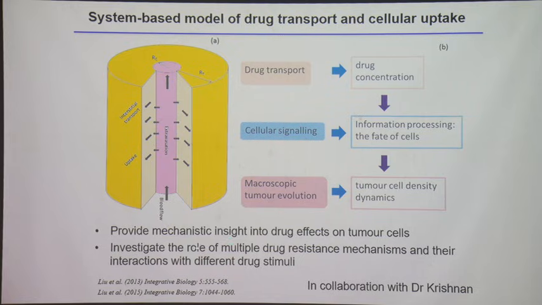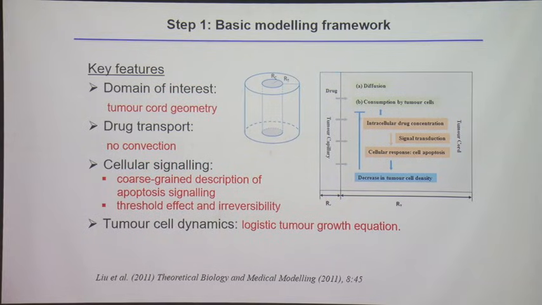So the advantage of modeling at the system level is that it can provide mechanistic insight into drug effects on tumor cells. And it can also be used to investigate multiple drug resistance mechanisms and how they interact with different drug stimuli. So I'll give you a few examples,